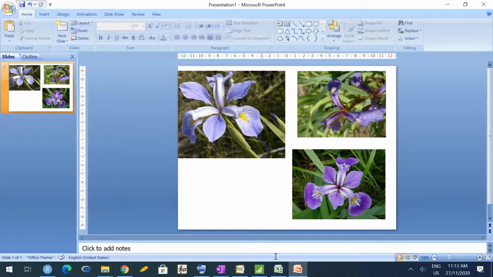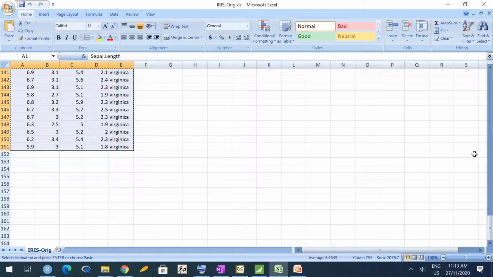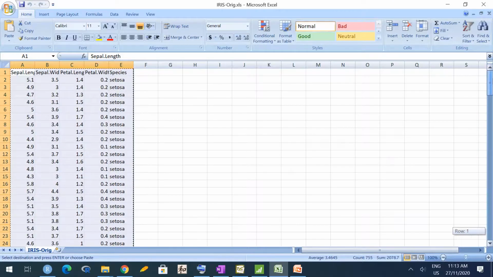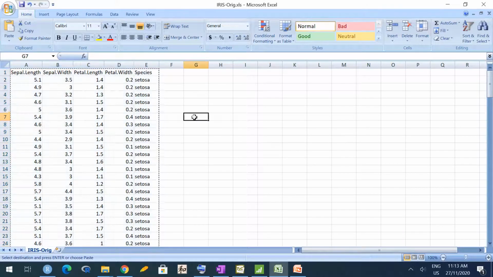Okay, so what we have is data on 150 flowers, 50 from each of these three species. And what are the variables? Sepal length, sepal width, petal length and petal width. So for every flower these four things are recorded, and we have such data on 150 flowers.